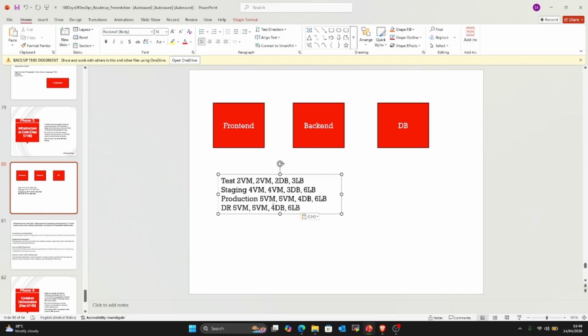For production, same thing, and DR, same thing. So when you look at it in total, you are provisioning close to 50 virtual machines. You can't do that using the portal. You can go to the portal and start clicking and try to provision close to 50 virtual machines. First off, it will take you time. It takes a lot of time if you want to do that manually. Secondly, trying to do it in a human way, you're going to make errors. There will definitely be errors.